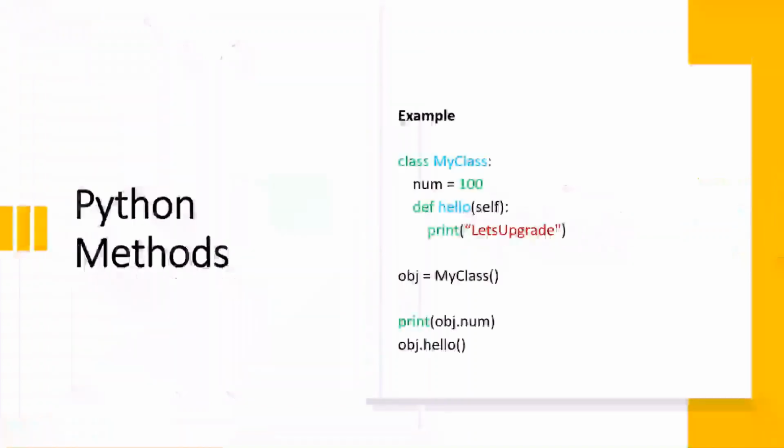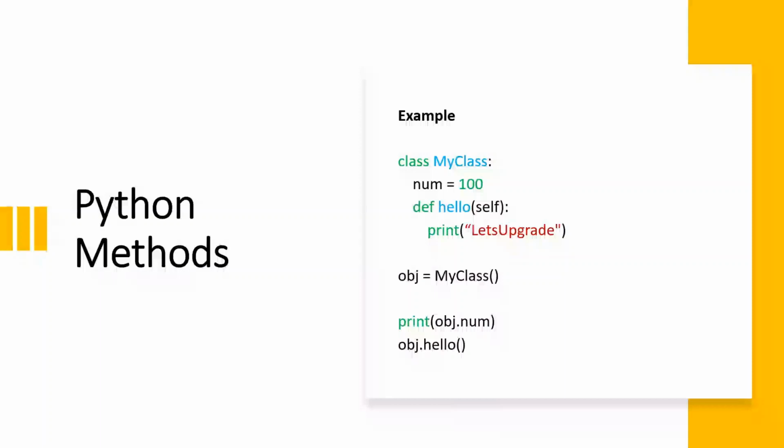Now, what is a Python method? A Python method is like a Python function, but it must be called on an object, and to create it, you must put it inside a class. To repeat, a Python method is a label that you can call on an object. It is a piece of code to execute on that object. As an analogy, car is a class. Engine is a method that serves some functionality, that it moves a car. BMW is an object. BMW engine is a method that is called with an object BMW.